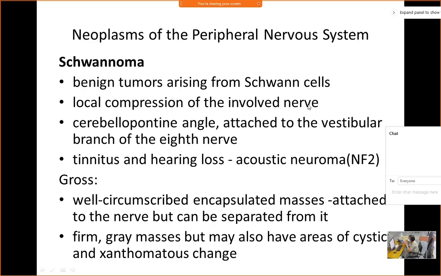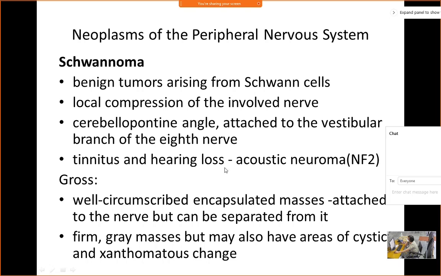So it grows along the nerve. Okay, I'll show you pictures. Yeah, I hope you'll understand. Schwannomas very commonly occur at the cerebellopontine angle. It's attached to the vestibular branch of the 8th nerve within the brain, and it can cause symptoms like tinnitus